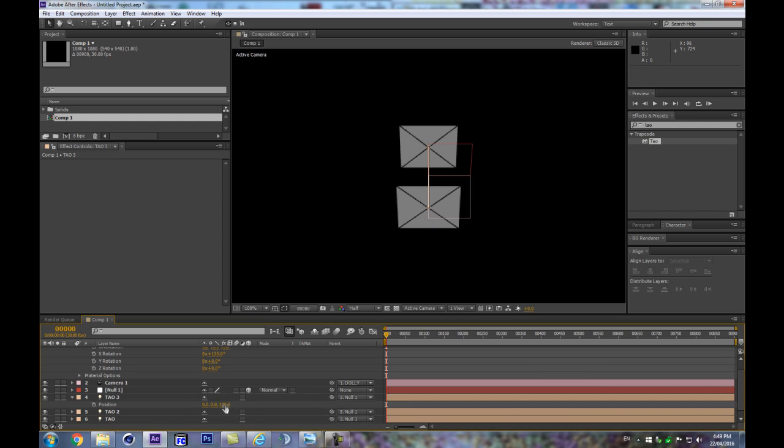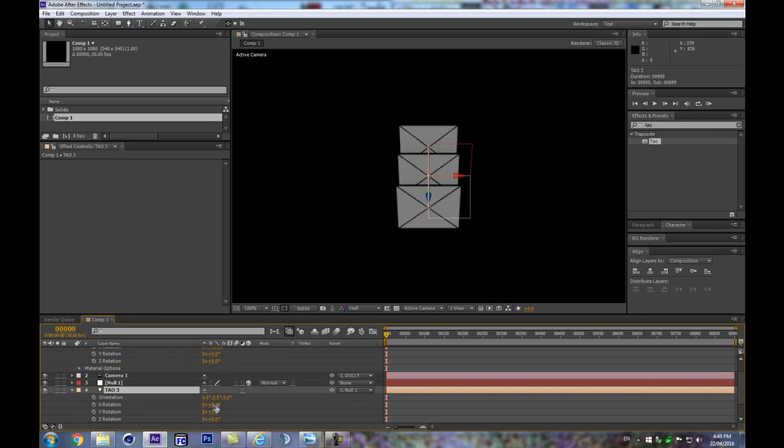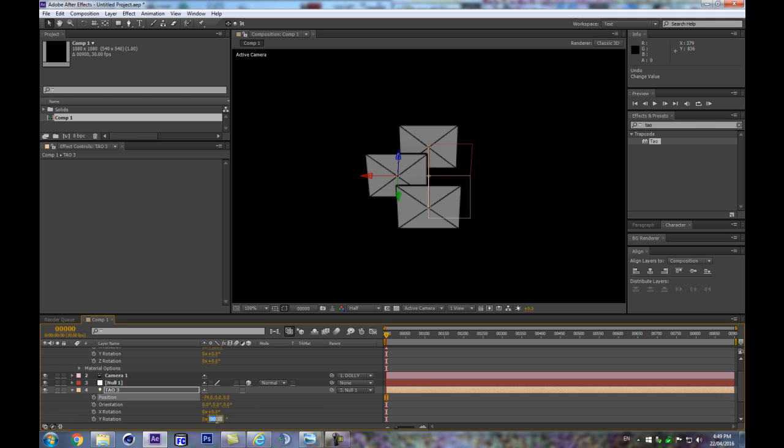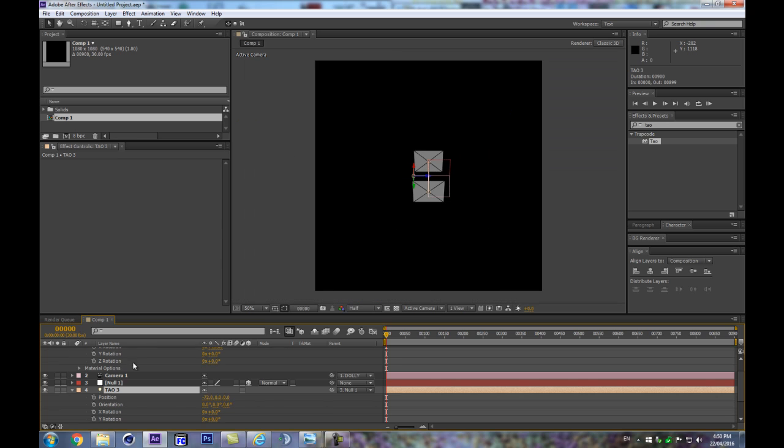Let's make it 0, 0, and 0, and let's have this one facing the other direction, so we can rotate it 90 degrees on Y, and let's also move it this time on... so let's not rotate it, because once we move it, it's gonna be aligned in this case towards the point of interest, and maybe